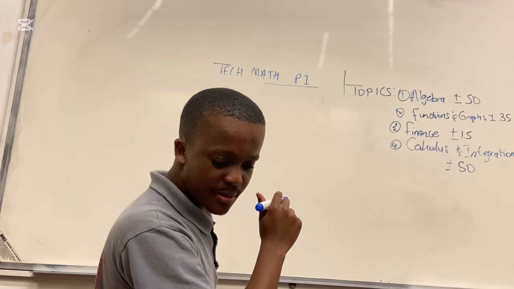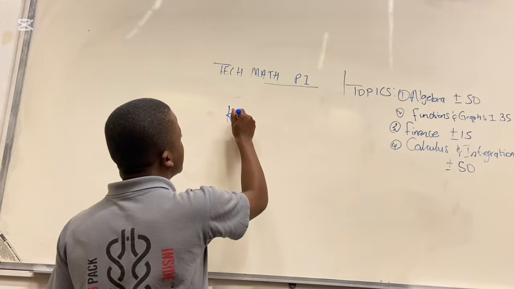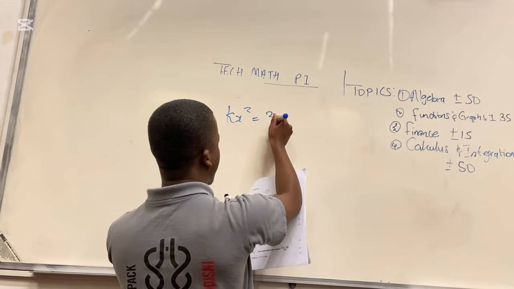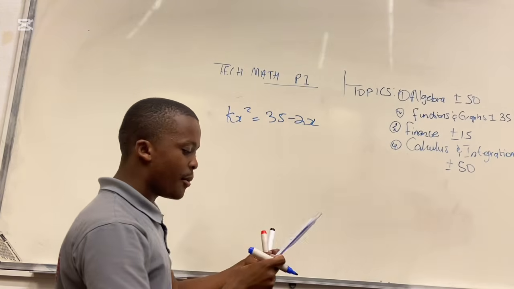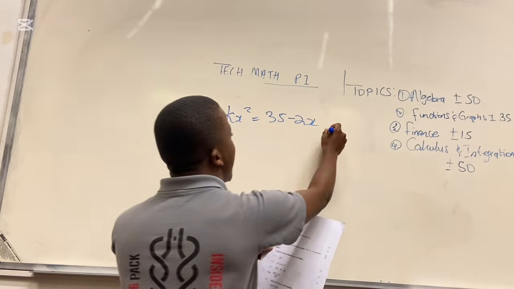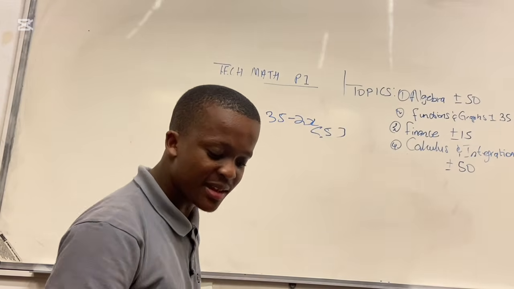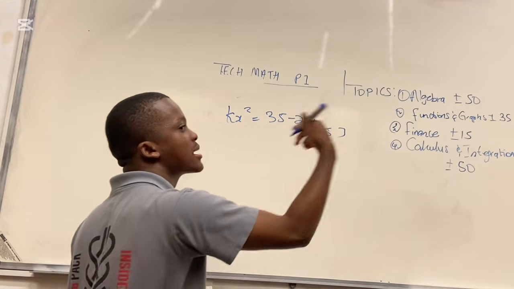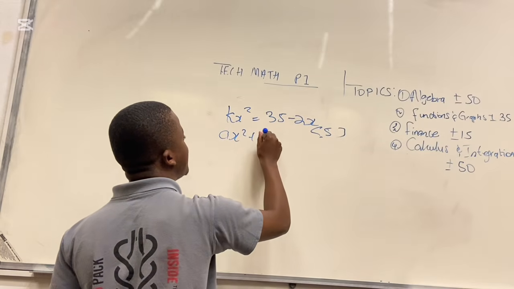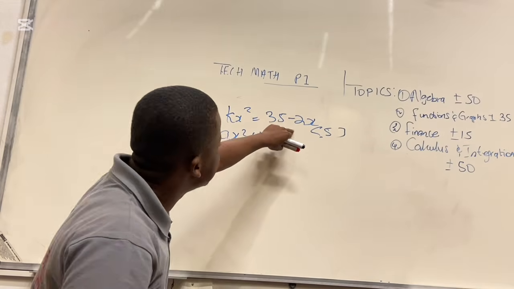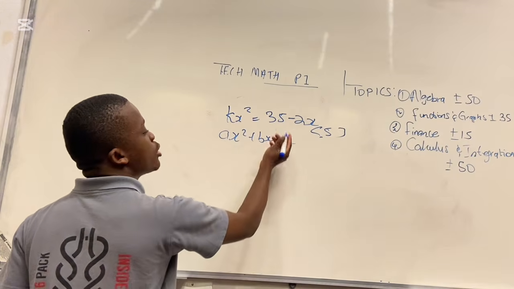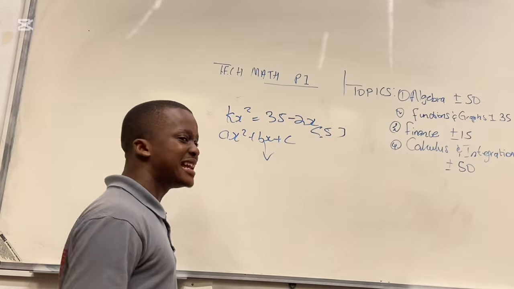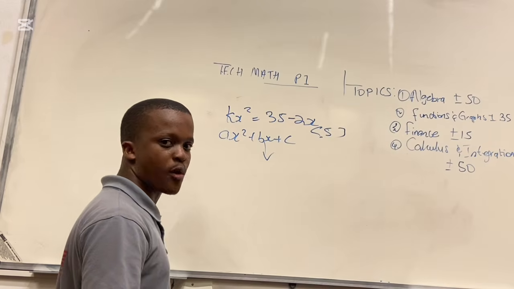Now we are given: determine the values of k for which the equation kx squared equals 35 minus 2x has real roots, for 5 marks. We are dealing with a quadratic, ax squared plus bx plus c. This is not in standard form. Remember, people of God, because it's a quadratic equation, delta comes from the quadratic formula when we are dealing with nature of roots.